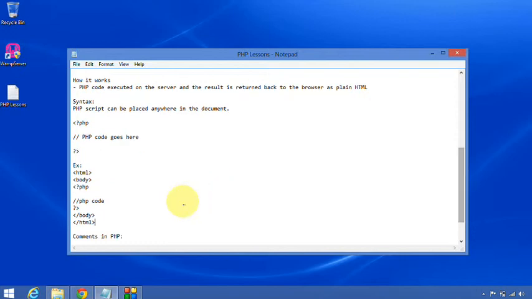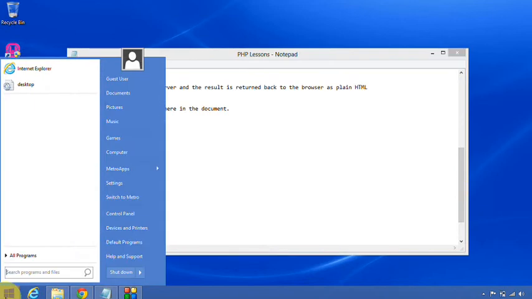using this HTML and PHP combination. For that I'm opening Notepad.